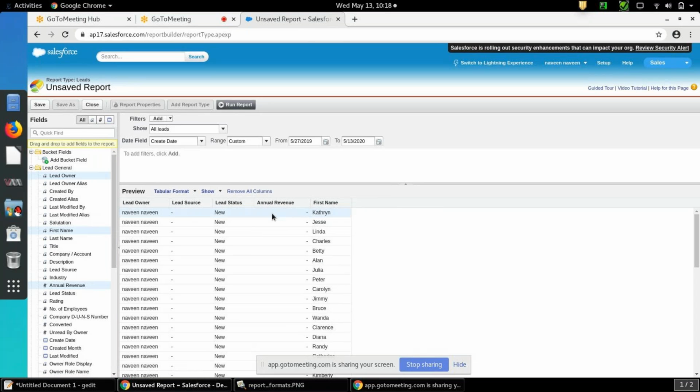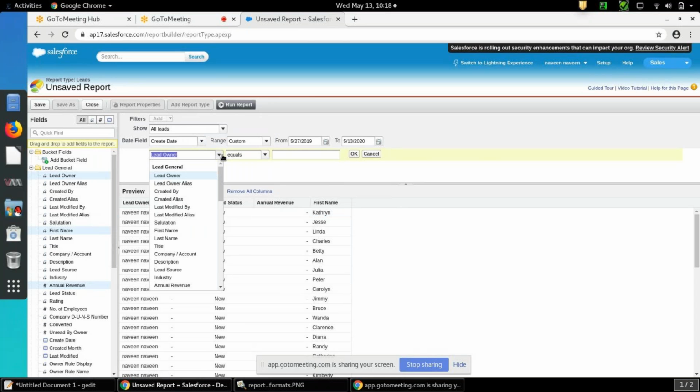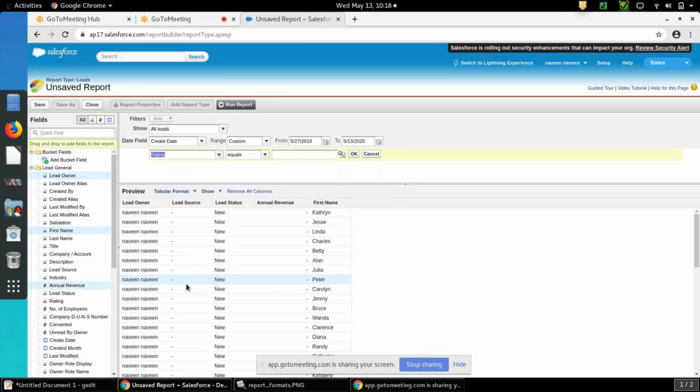Okay, these are the five fields I took. Suppose I will add a field filter. I want only lead. Let me add rating also.